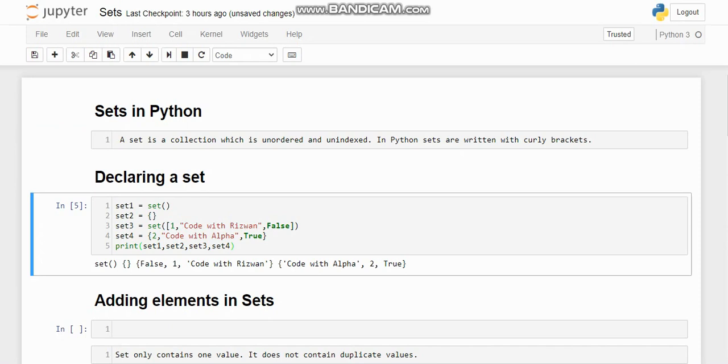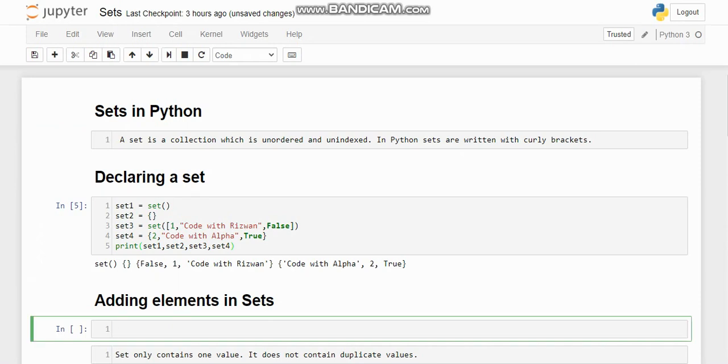Now coming to adding elements to the set. The first two sets are empty, so I will choose set 1 to add elements to. I will write set1, the name of the set, and then use the add function on that. What this add function will do is go to that set and add values to it. Suppose I'm giving an integer value 3.